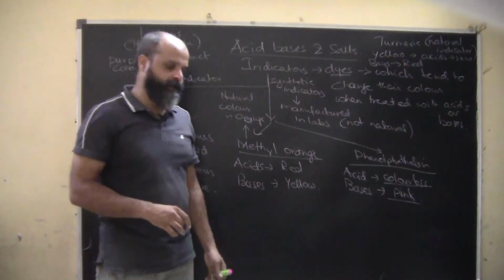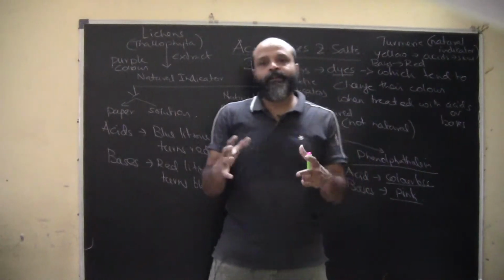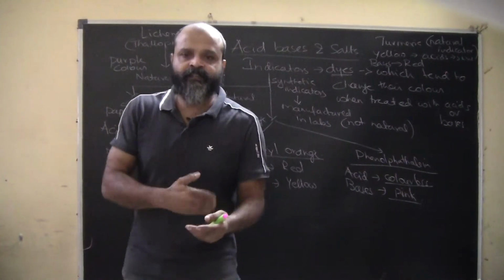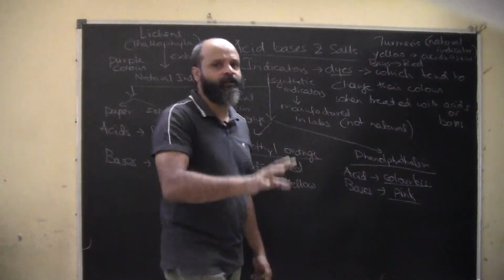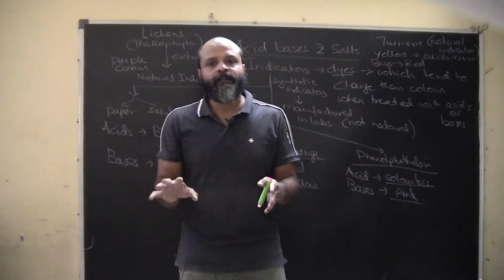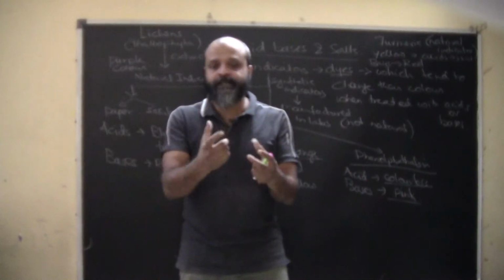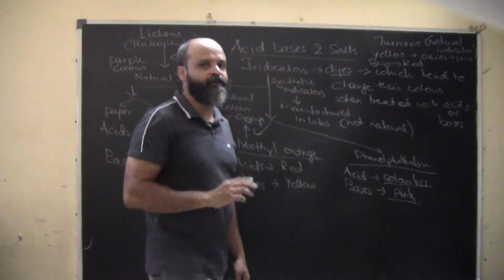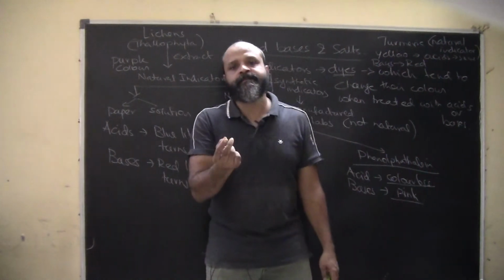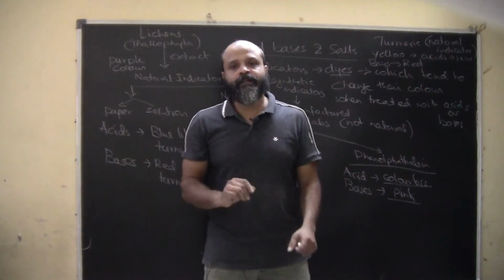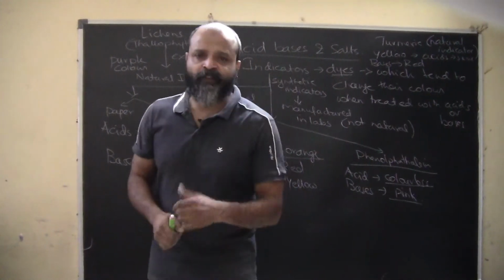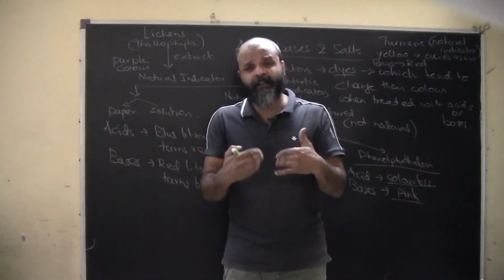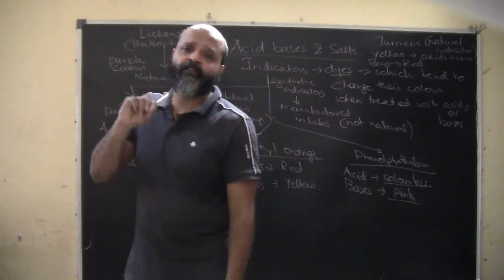You must have noticed when you are washing clothes, or your mom is washing clothes, if there is a stain on the cloth, white cloth or whatever color, all foods that we consume will have turmeric in it. So let's say there's a curry that has fallen on a cloth. Obviously there will be a yellow color deposition. The first color that you will notice will be yellow.